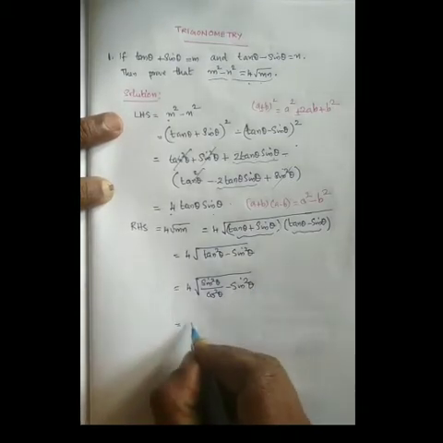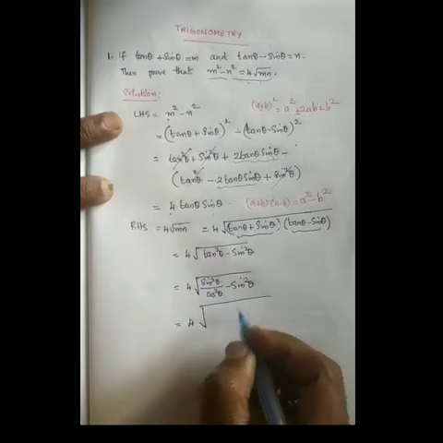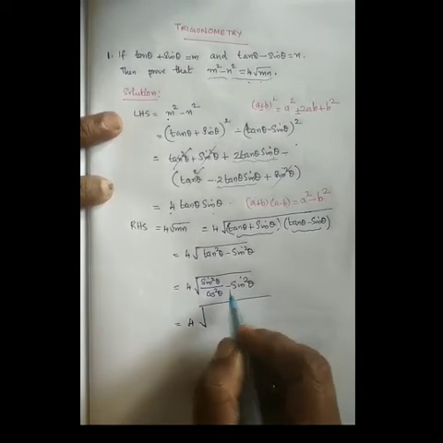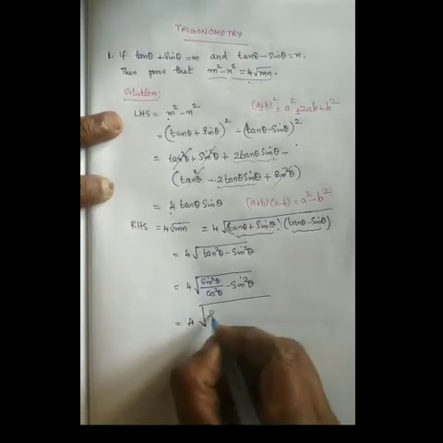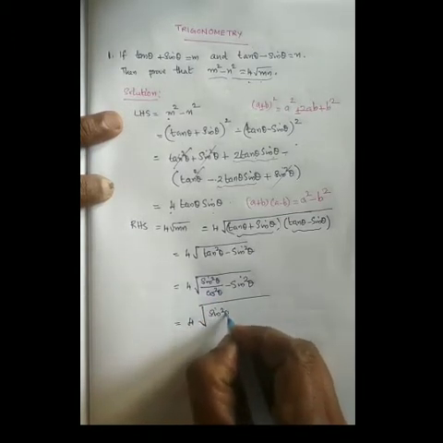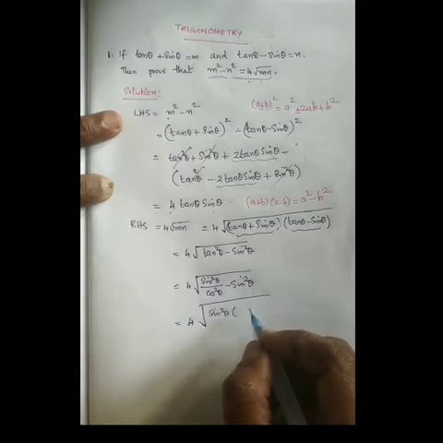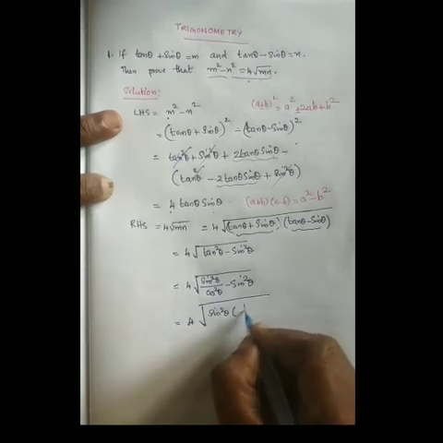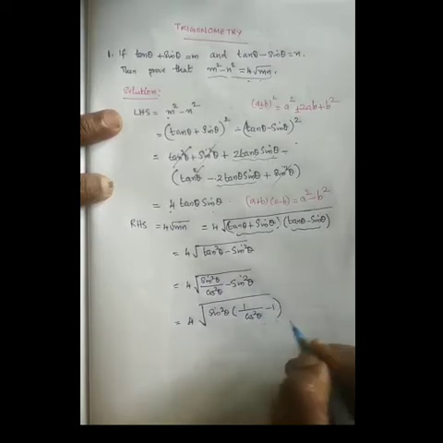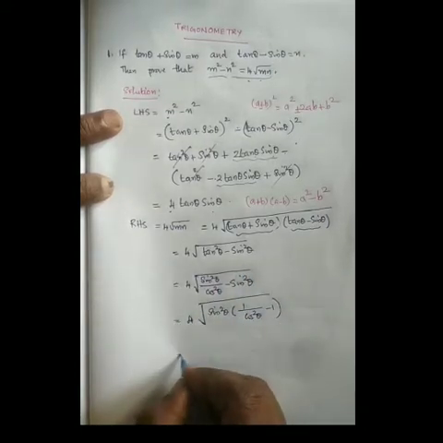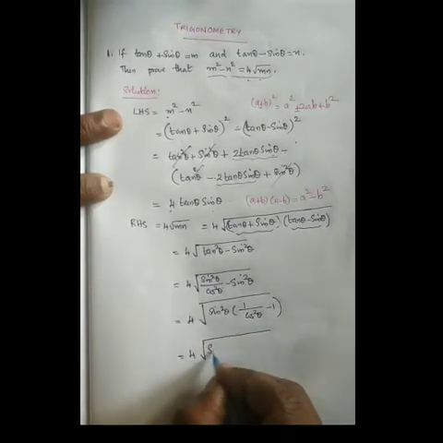Okay, this is equal to 4 into square root of sin. Here we are taking sin square as common factor, that is sin square theta into 1 by cos square theta minus 1. Okay, equal to 4 into square root of sin square theta